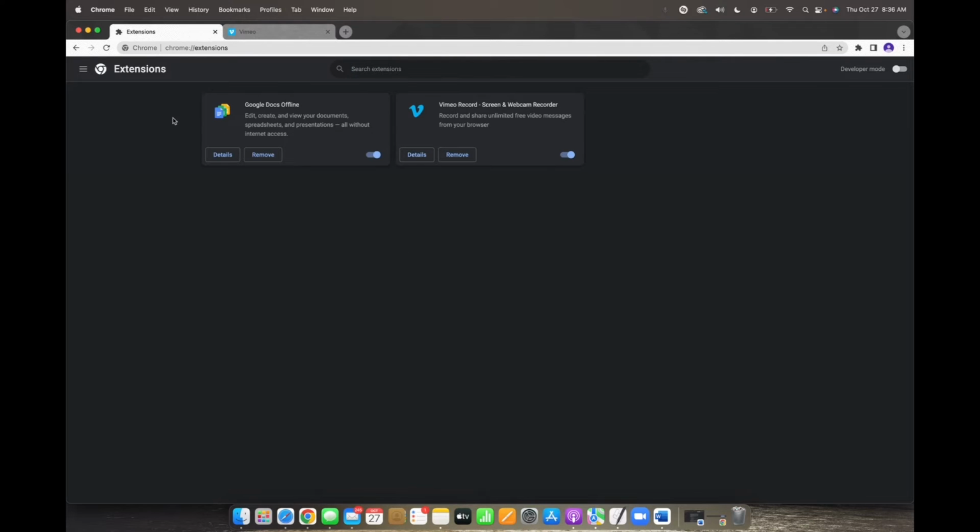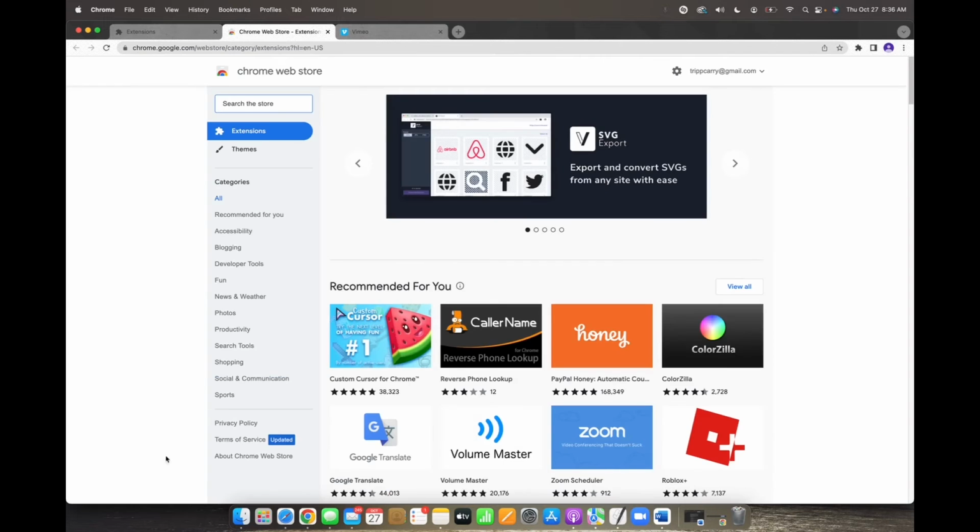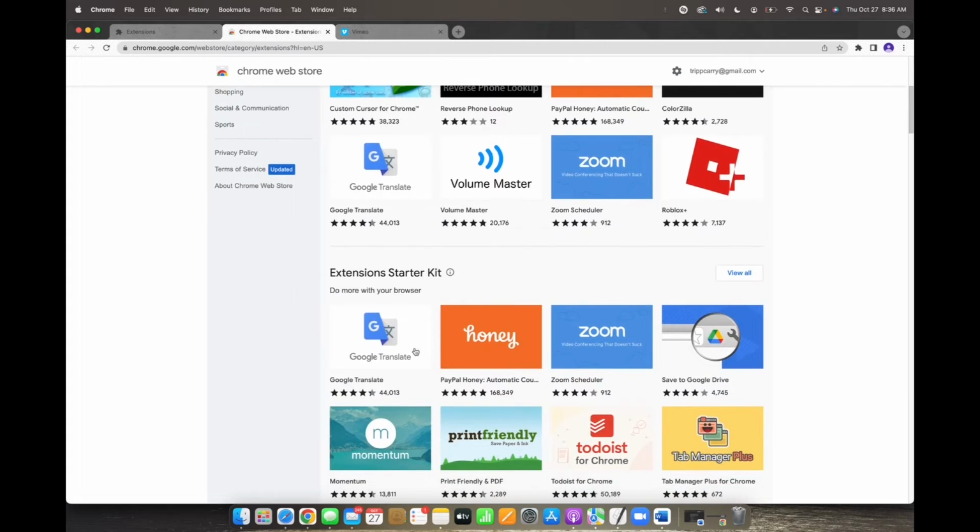But we're actually going to go to the Chrome store and we're going to go to the left side of the browser where it has these three bars stacked up on each other. We're going to click on that and we're going to go down to Open Chrome Web Store in the lower left corner of our browser. So it brings us to the Chrome Web Store, and here we have the recommended extensions for you, extension starter kits,